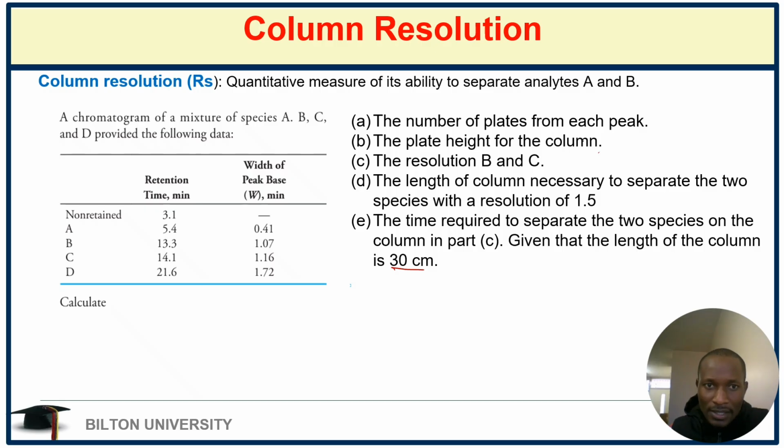So let's read. The question says a chromatogram of a mixture of species A, B, C, and D provided the following data. So there's the data. Calculate N, the number of plates from each peak. So we have peak A, B, and C. We'll go straight. Remember, we said that